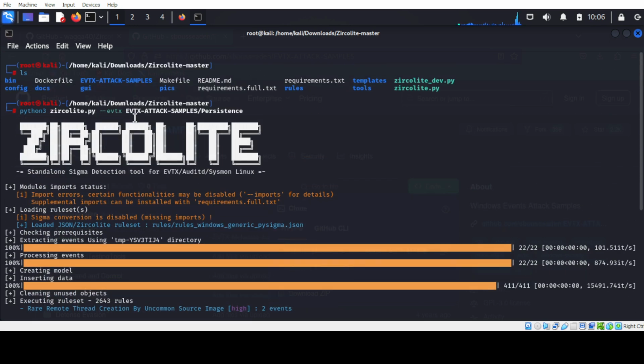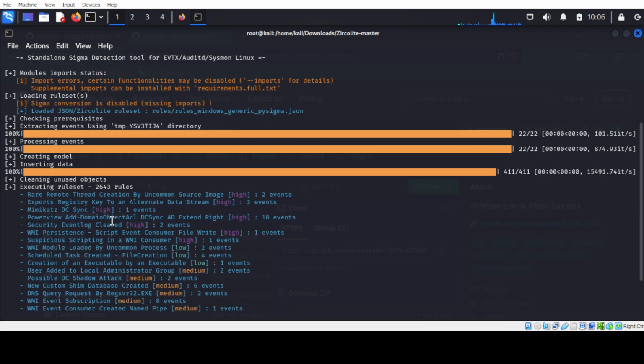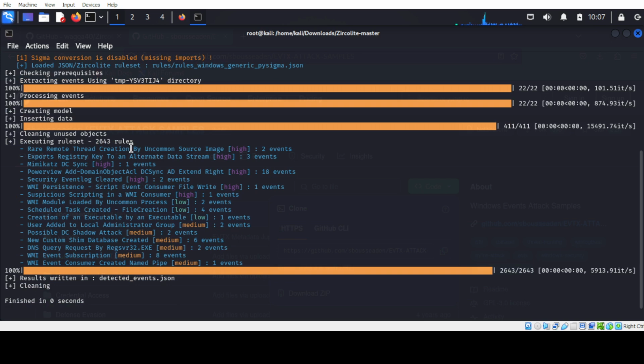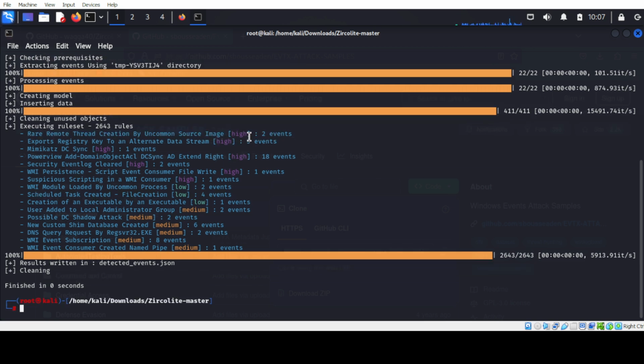When I run this command, I want to perform analysis of the events present in this specific directory. If I scroll down below, you can see the total number of rules executed to perform the analysis on the events. Here you can see some events related to rare remote thread creation, and the malicious event severity level is also present, either high or medium.